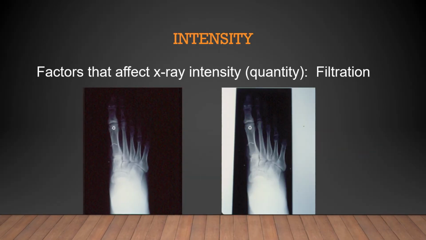And then the final thing that is going to alter intensity, or the quantity, is filtration. X-ray quantity will be reduced when filtration is added. Now, a filter could be a collimator. So if I collimate down toward the skin line, I'm definitely going to reduce the quantity of unwanted radiation that